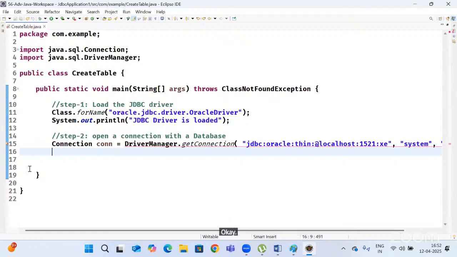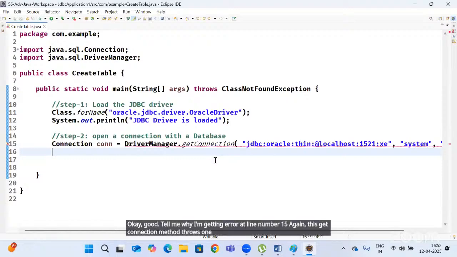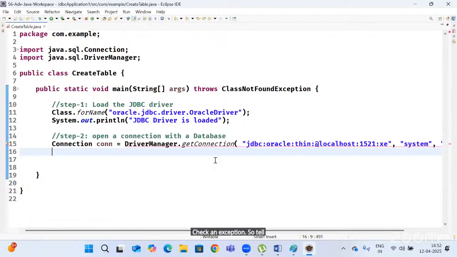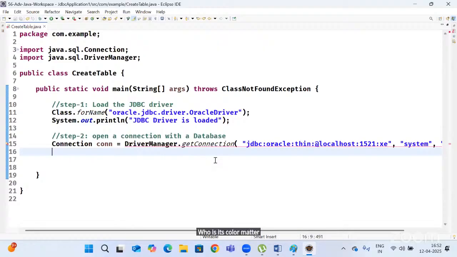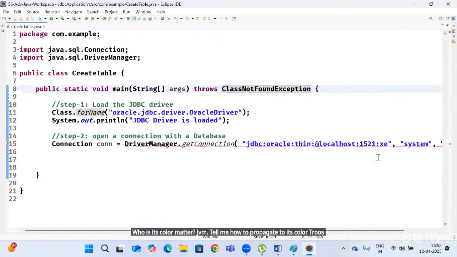Okay, good. Why am I getting an error at line number 15? The getConnection method throws SQLException, a checked exception. So if this method propagates a checked exception to its caller method, the caller has to handle it, or else it can propagate the exception to its own caller. Who is its caller? The JVM. How to propagate? Throws ClassNotFoundException, comma,